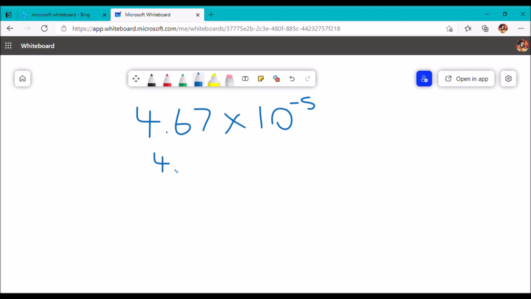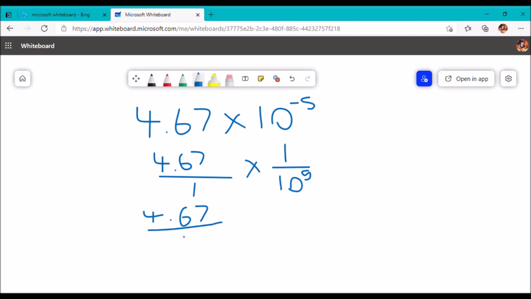So it becomes 4.67 times 1 over 10 to the power 5. So 10 to the power 5 means 5 zeros. So when we multiply these fractions, it becomes 4.67 over